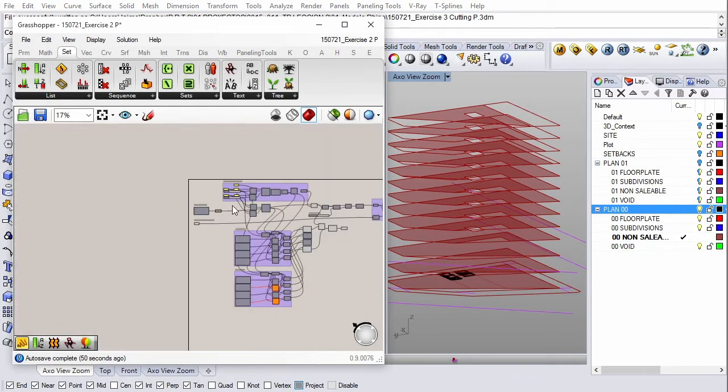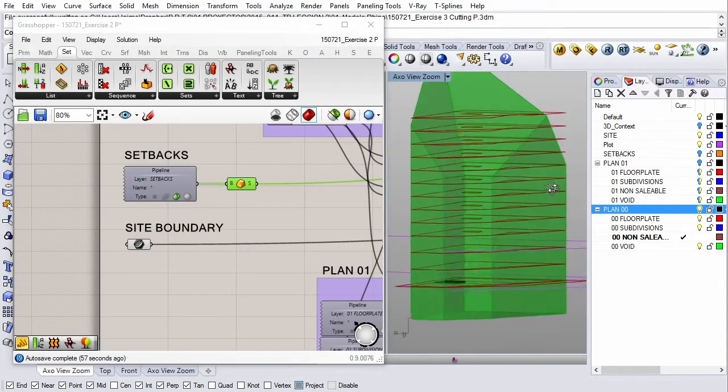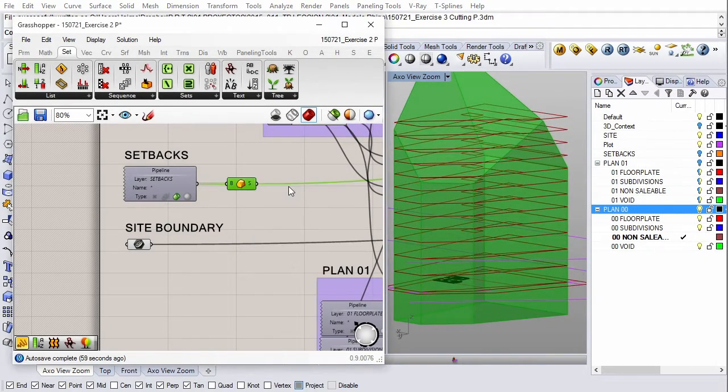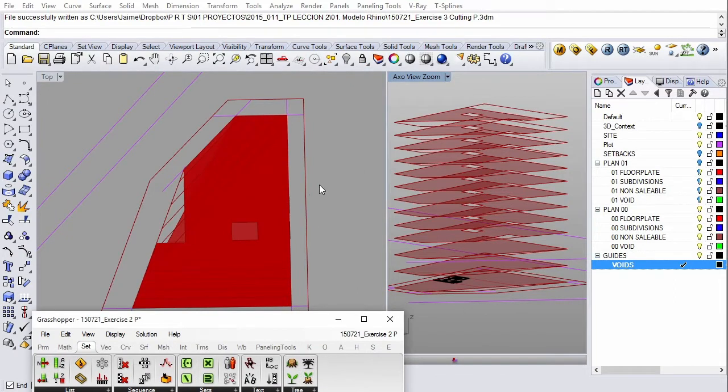In order to do that, we want to somehow modify this original volume. We'll do that with more sketch layers, which we'll call guides. And within guides, we'll create a new sublayer called voids. Now, when I sketch something here, it can be 3D.